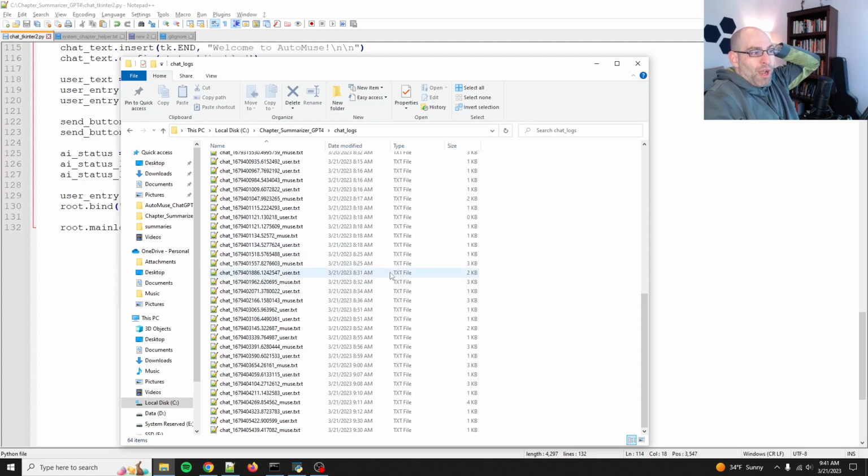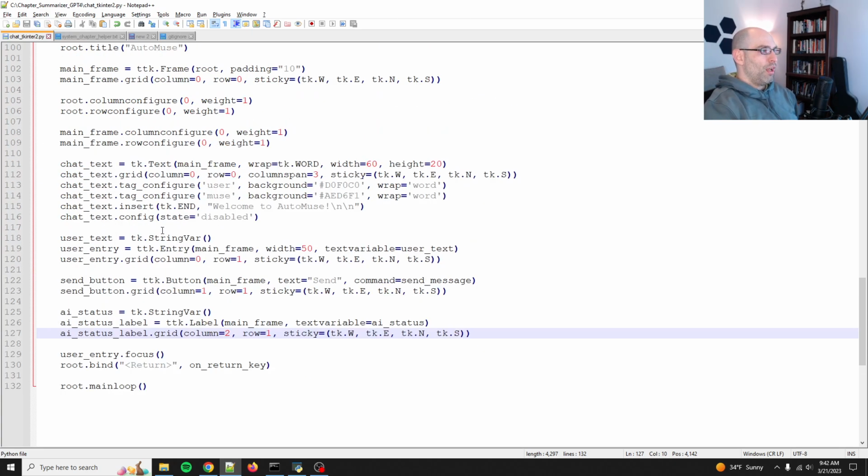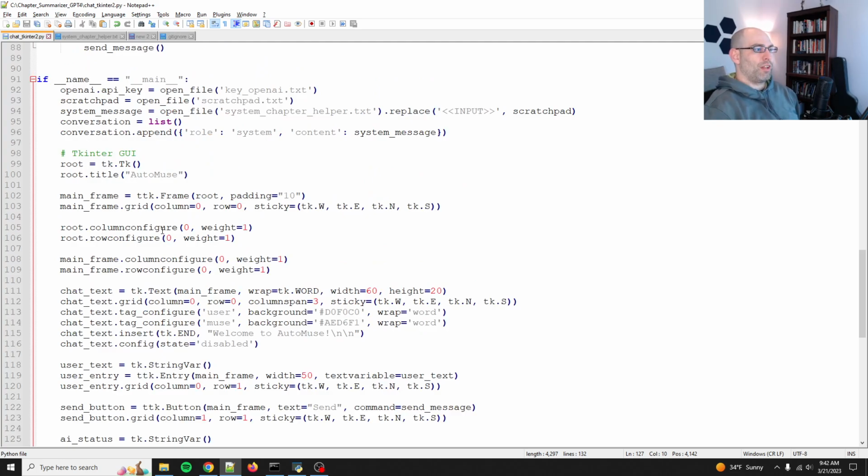Now, it might not be relevant because once we get to the 32,000 token window limit, that's going to be like 100 pages worth of chat logs. You won't even need that much history, right? So you could load this entire history and, you know, most of it's going to be irrelevant. So anyways, we'll see. I did have one final thought about the kinds of problems that we solve